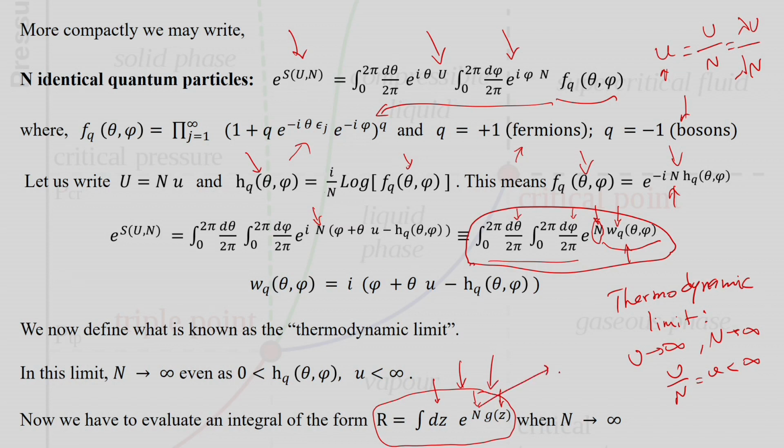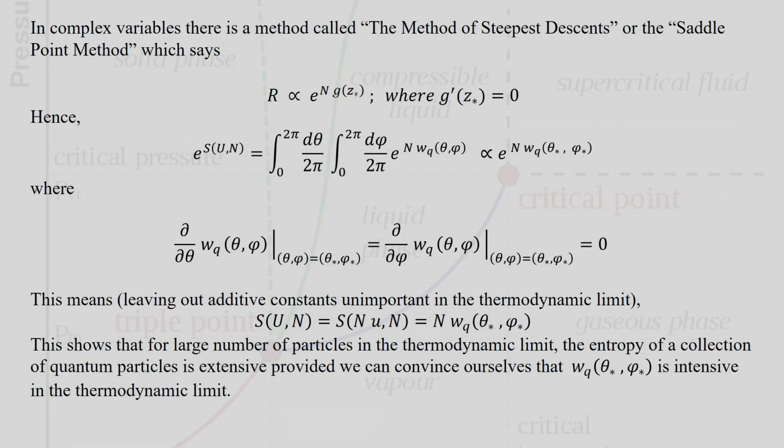But to cut a long story short, the steepest descent method says that suppose you want to do this integration and then n is really large. So, if this n is really large, then the answer to this integration is simply this. So, this integration is nothing but it's just this, it's proportional to that,